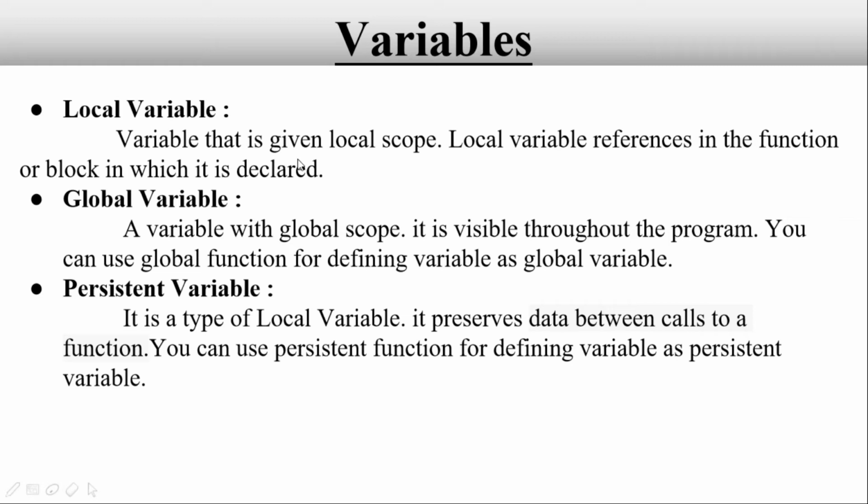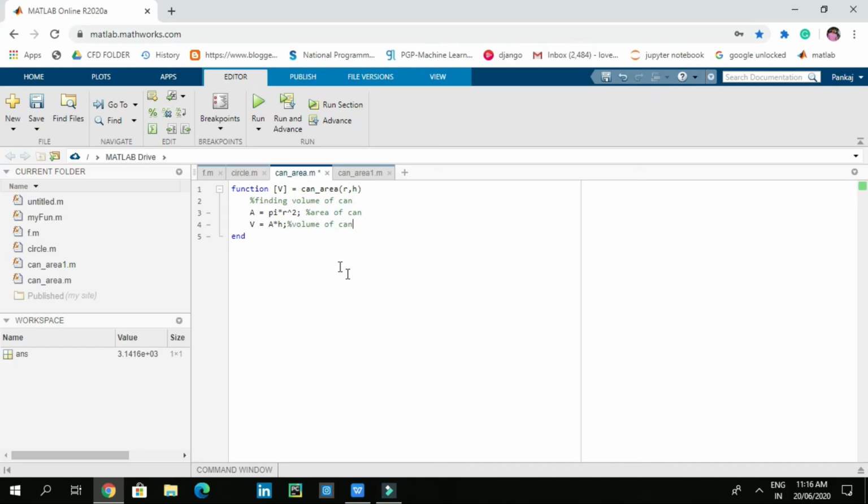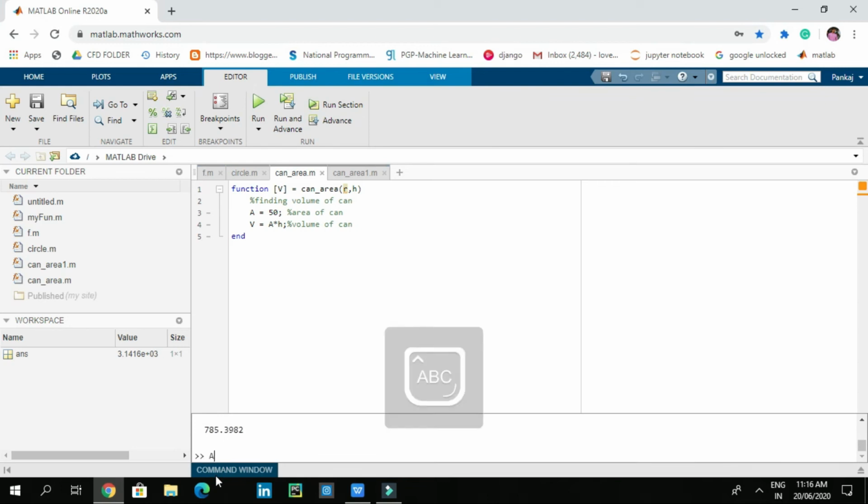Local variable works in given local scope, and local variable references in the function or block in which it is declared. Means a local variable only works in the block or function in which it is declared. As here, let's take the example of can_area and say A equal to 50 and let's save it, and from the command window let's try to find area A. So let's press enter.